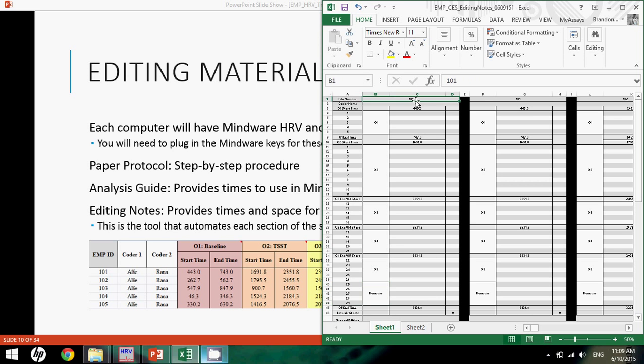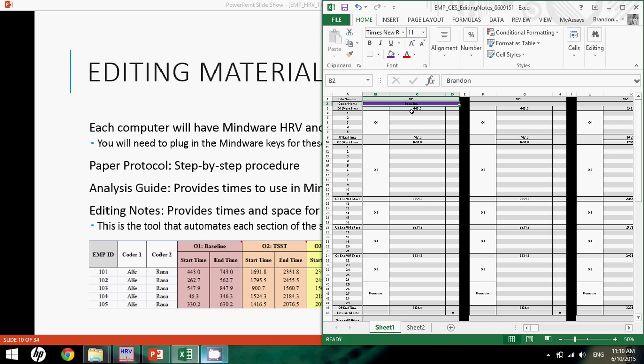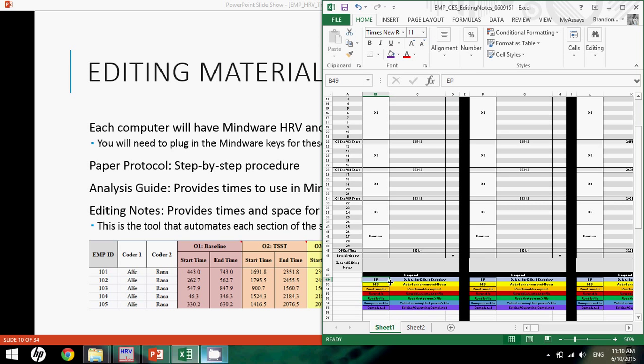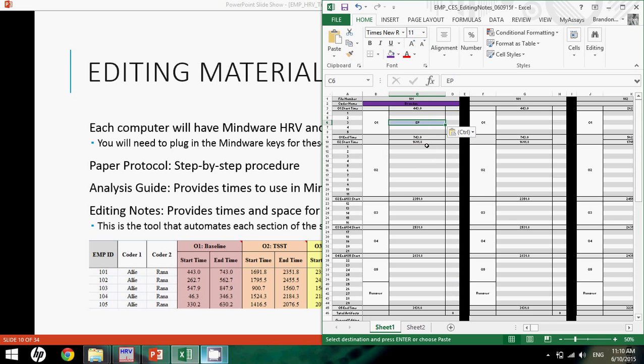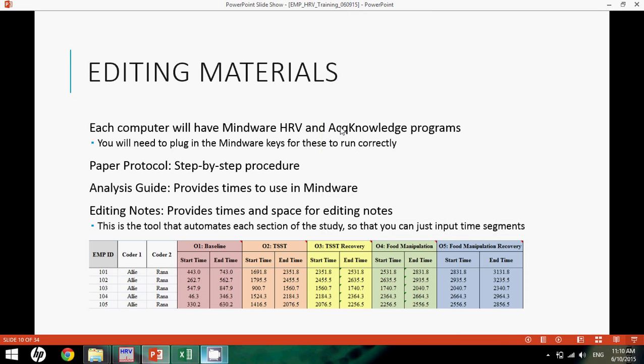Generally what you'll need to know is that up here, the file number will always align to your experiment number. The coder name will then be in here. You can go ahead and type in your name. And once you complete that, you'll be using the color purple to designate that you've finished the file. Other things that you'll need to look at are these features down here in the legend to copy and paste information in here. I won't go into detail here on how the editing notes work because you'll see that in the 3rd module. So generally, you just need to know that this is the editing notes.